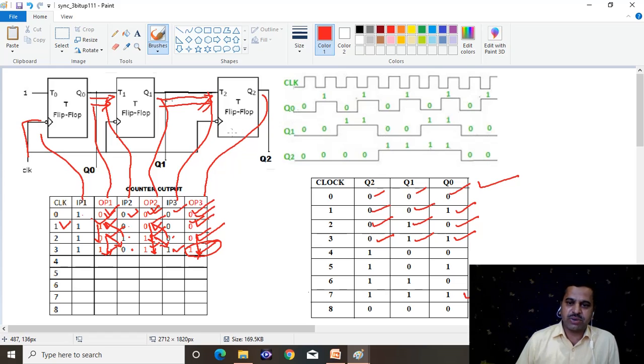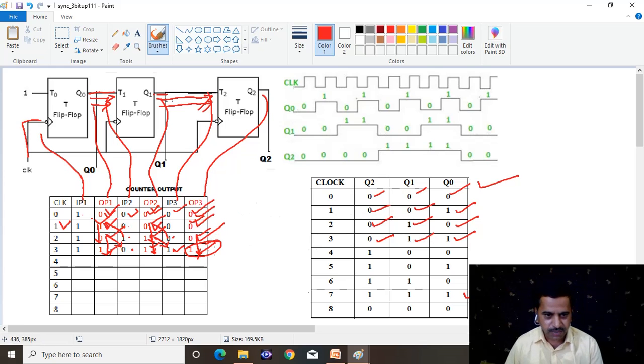In an asynchronous counter, it is very simple. This output is given to the clock input of the next. The output of the next is given to the clock input of the subsequent one. But here the construction is a little different. Just giving the output of the first as input to the next, and the output of the second as input to the third, will not work here. So we are getting wrong outputs here.